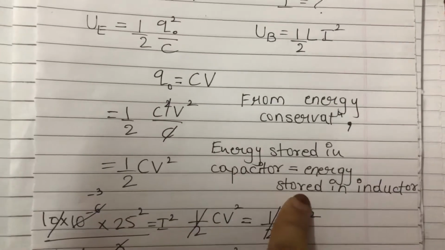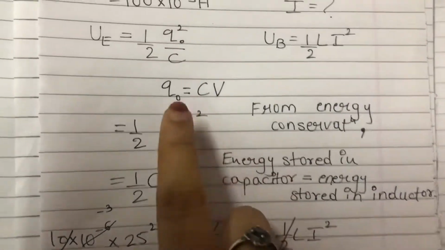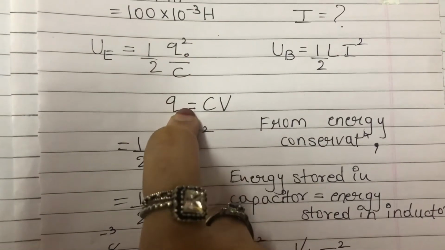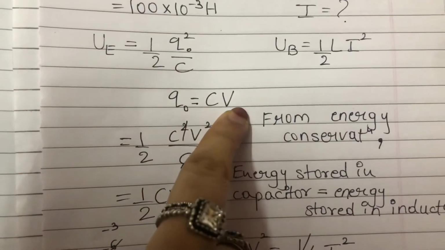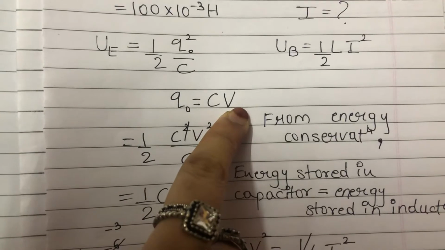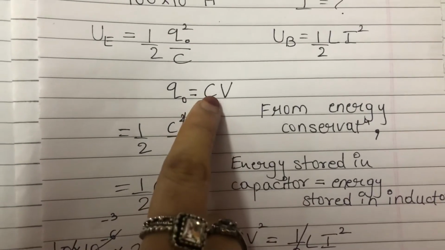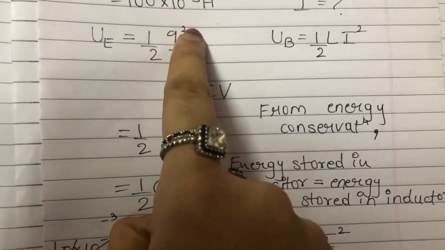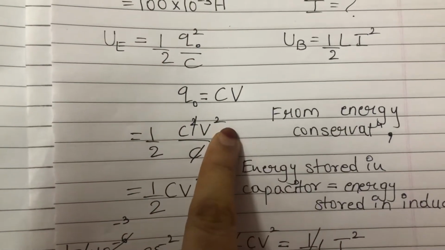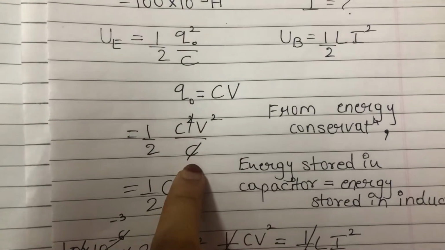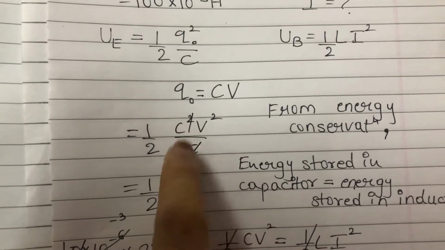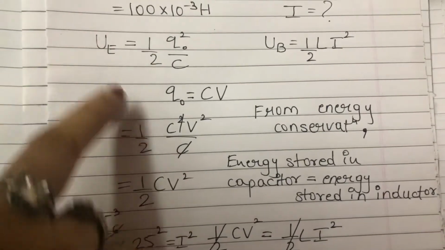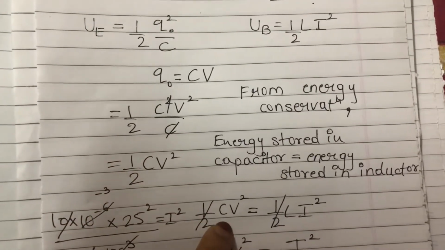So we have written that the energy stored in the, okay, before coming to that, Q naught is the charge, which is given by the formula capacitance into potential or voltage. So in place of Q naught we'll substitute C into V, that is C square V square, because Q naught is squared, so it is V square. So one C from numerator and one C from denominator gets cancelled, so now we have half CV square. That is the energy stored in the capacitor, which we have written over here.